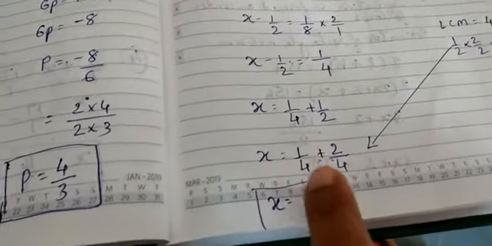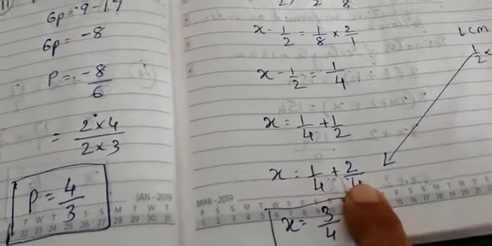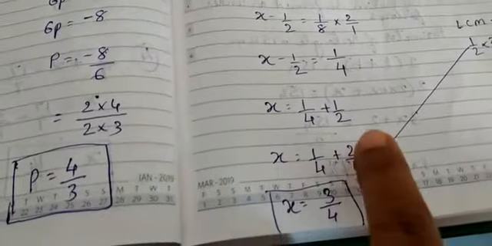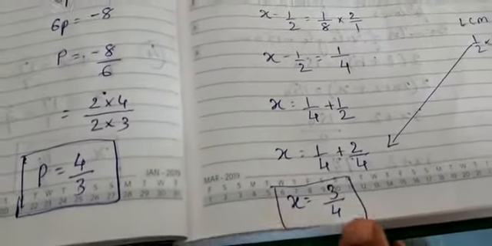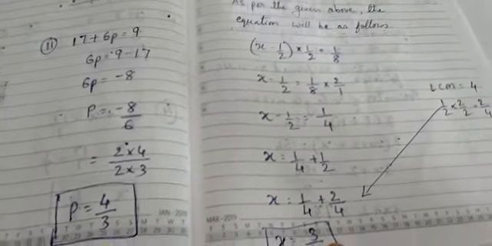I can add. Now I will be able to add because the denominators have become the same, so now we can add. 1 plus 2 is equal to 3. 3 by 4. The x is equal to 3 by 4. This is how